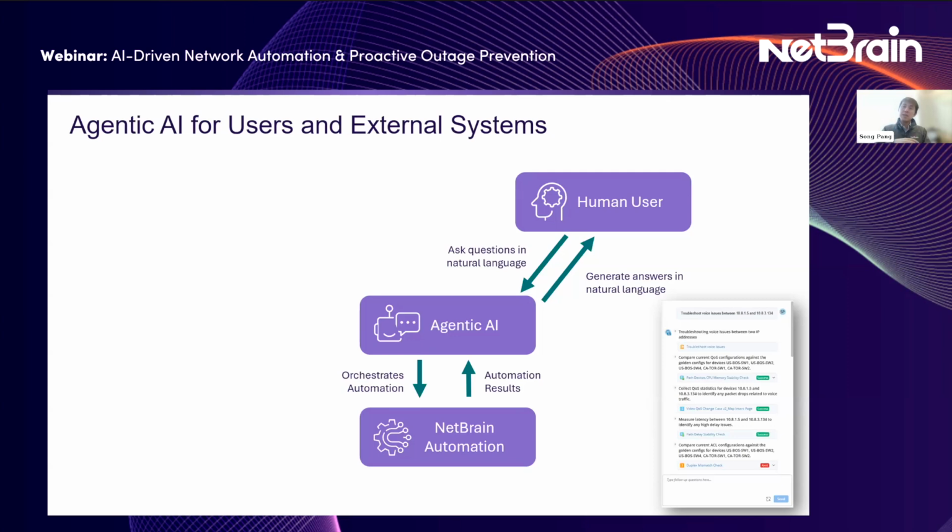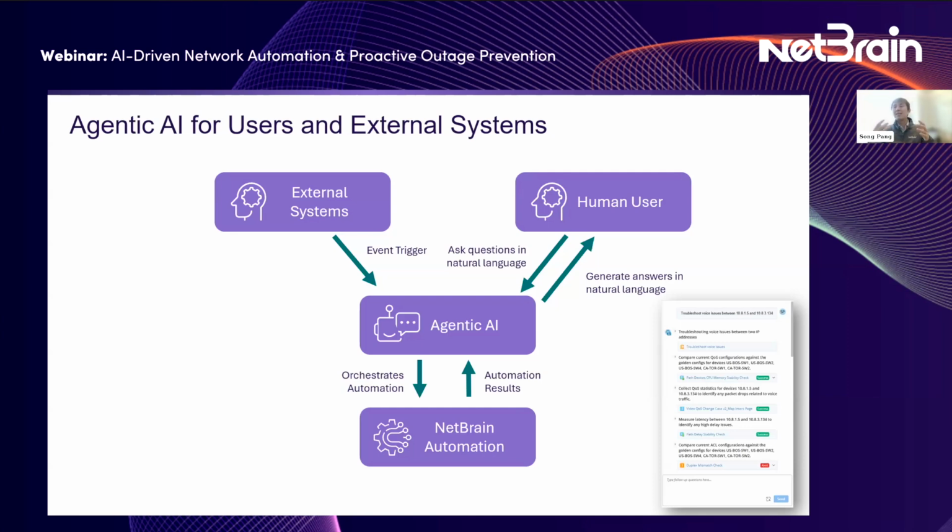Now, we can use AI to be the interface for the human user. We can also use this to tremendously upgrade our trigger automation framework for external systems. So if an external system, like an ITSM, can event trigger, so a new ticket is created, the AI is saying, hey, NetBrain, help me troubleshoot this ticket someone just created in the ITSM.